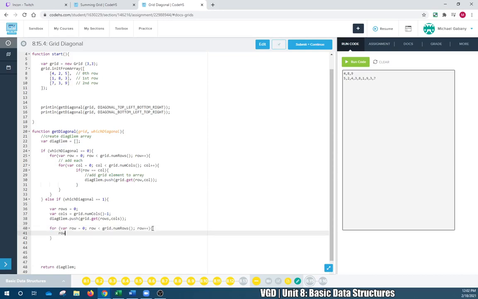We're going to row plus plus, columns minus minus. No, not for, not for. If rows is less than